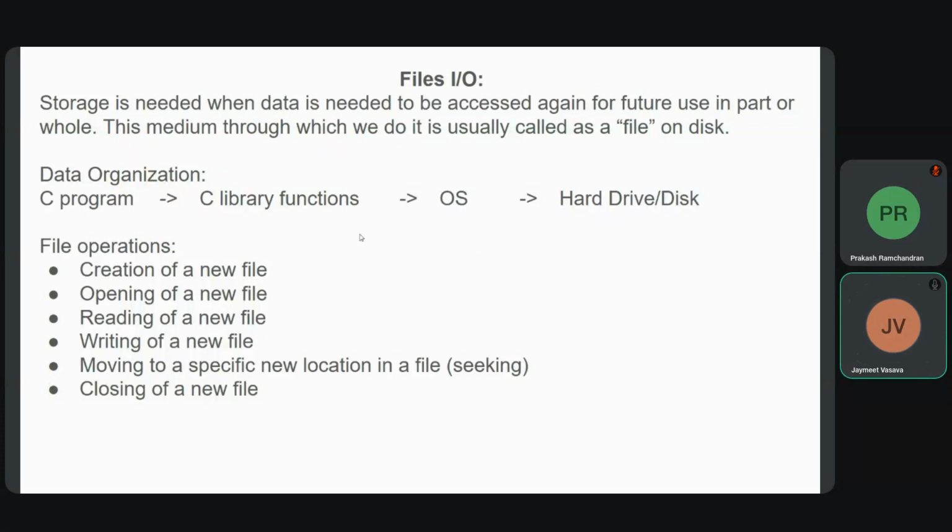or storage. The way data is organized when we run a C program is that we build the program with the help of library functions, and these functions interact with the OS that the user is using, and it saves the information on the hard drive or disk. So whenever we manage a C program with the disk space or the files on the disk,